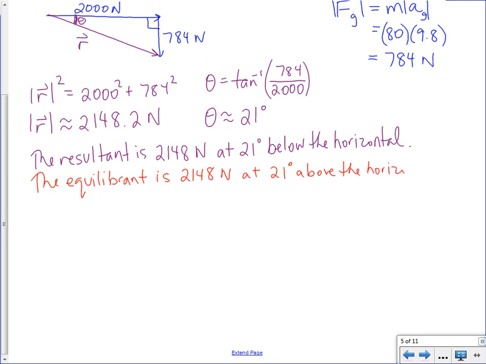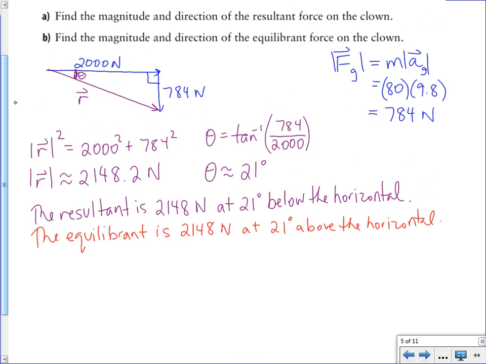So again, what that means visually would be if I drew the equilibrant, if I started here, right, and okay, let me try again. So if I draw the equilibrant,